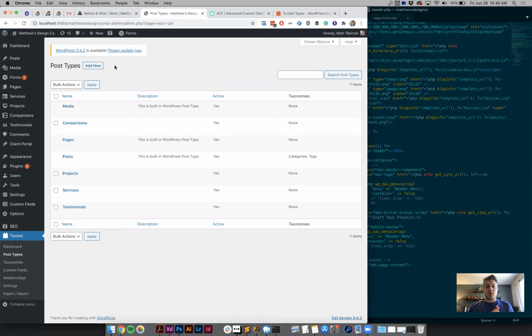So the right order of things is design the website, code the front end of the website, make it look just like you normally would. Then the next thing you want to do is have a WordPress installation set up, install Advanced Custom Fields, install Toolset Types, pay for the pro versions of those plugins. It's well worth it. And then your next step after that would be to actually create the custom post type first. So if we look at testimonials,